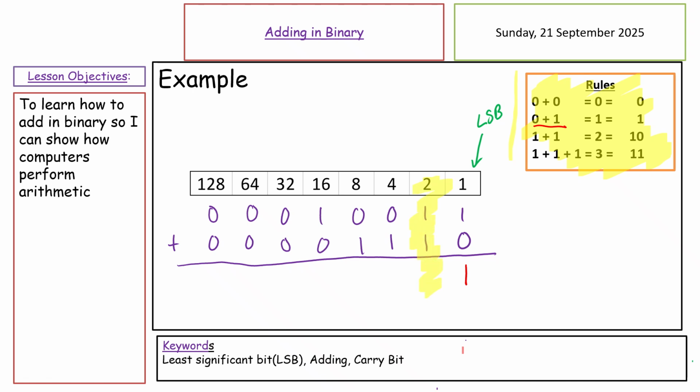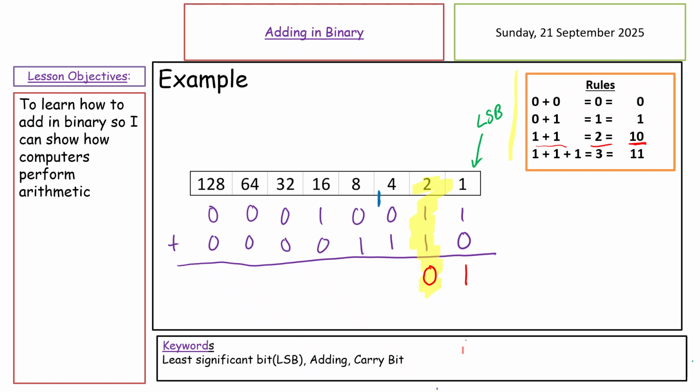which is my 2's. And now I've got 1 plus 1. 1 plus 1 gives me 2, which in binary looks very much like 10. So it's the 0 being on in the column that we want, and then the 1 being on. Now, I said that we treat it like 10. In normal maths, we wouldn't put the 10 or the 10s in that column. What we'd do is we would carry it. So I'm going to rub out here,